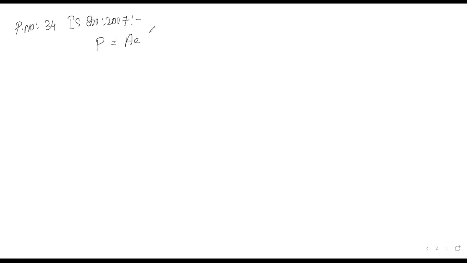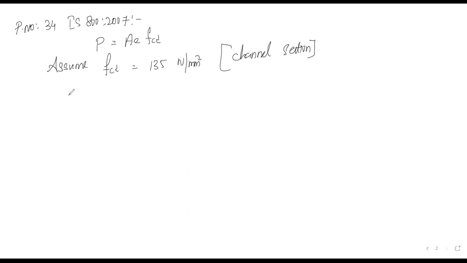P is equal to AE into FCD. So assume FCD is equal to 135 Newton per mm square, since it is channel section. For the channel section or I section, we can assume FCD value is equal to 135 Newton per mm square. P, they have given, is 1400 into 10 cube newtons. Therefore, effective area required for channel section is 1400 into 10 cube divided by 135. So how much? It is 10,370.37